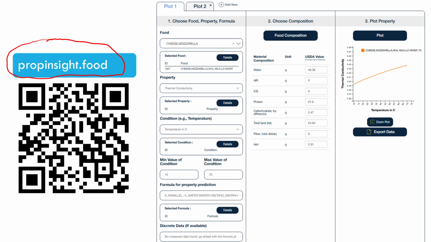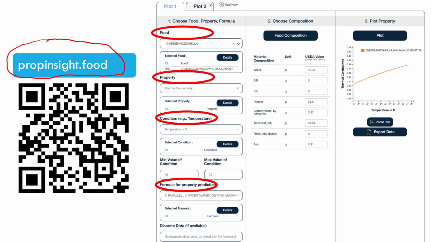So let's say I want to find a thermal property, thermal conductivity of mozzarella cheese. So from the list, I choose mozzarella cheese, and then I choose from the list of properties thermal conductivity. Then I choose the condition, what temperature range I need, and then these formulas, whether they are more mechanistic or less mechanistic, are built into this database.